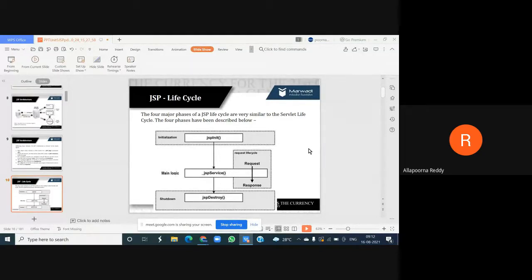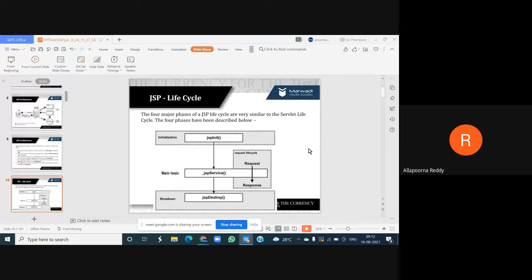Next, we go for the request life cycle. A request and response we are getting, and this is a part of your second main logic. So the JSP service method: service method in servlets accepts the request from the client machine and provides the service for their requests.